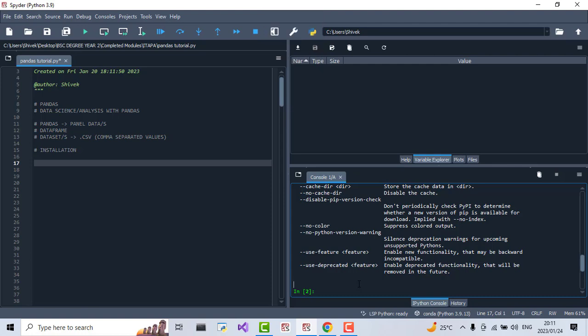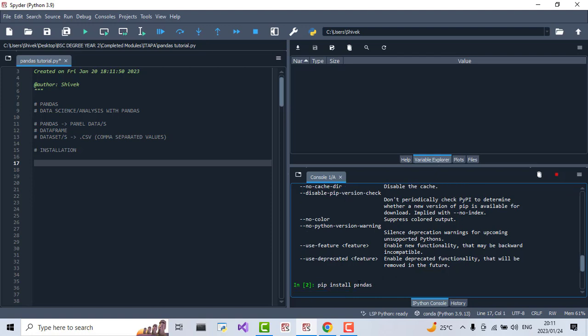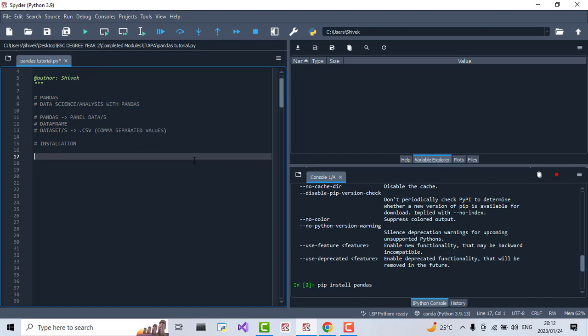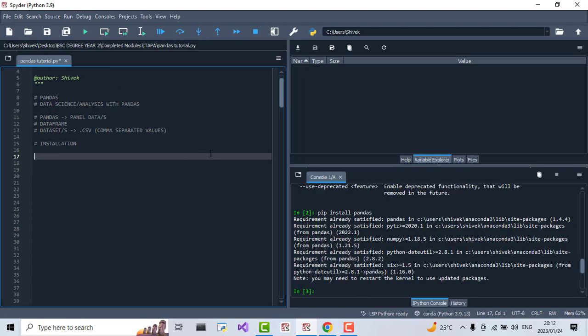So what you'd like to do next is just type pip install pandas. After you have done that, press enter and just wait a few seconds. Be a bit patient. Pandas will take a few seconds or so to install on your machine. What you will see is that I already have pandas installed, and so I am unsure why it is taking so long. But in the meantime, what I'd also like to mention to you,